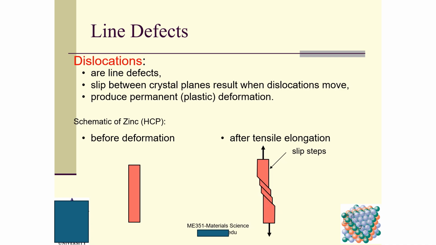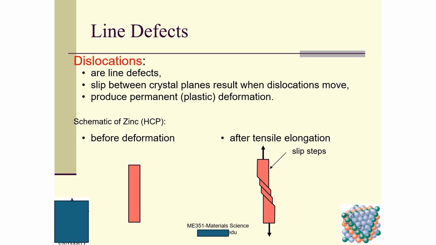I want you to pay attention to this statement. Dislocations produce the permanent deformation, which means plastic deformation. This is a schematic of zinc, which has an HCP crystal structure. This is before deformation, and here is after tensile. If we apply the tensile load on these two ends, after tensile elongation we can see